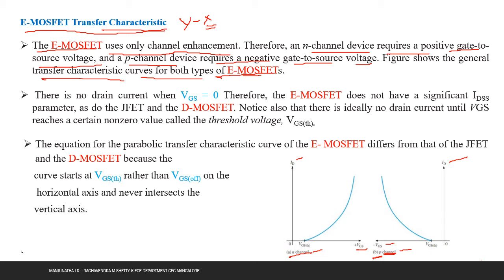In the E-MOSFET concept, we know that no channel exists between the drain and source, near the gate. We are just going to enhance it, or develop the channel. Because of that reason, it is named enhancement. We are going to build it, so the topic is given the name enhancement mode. And to build that channel for an N channel device, we require a positive voltage between the gate and source.